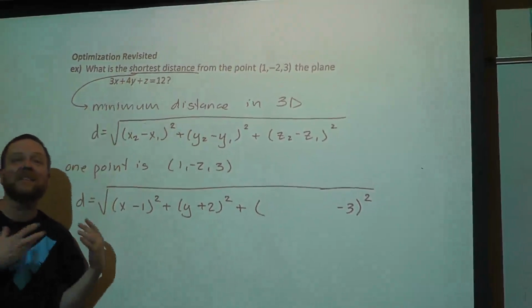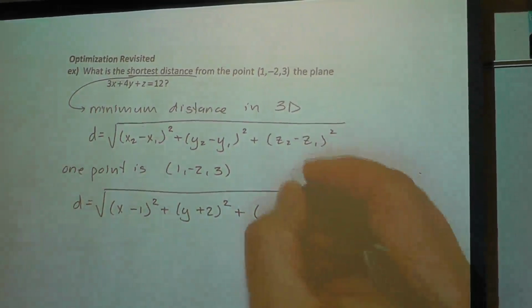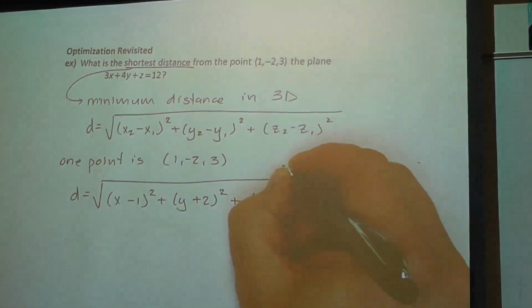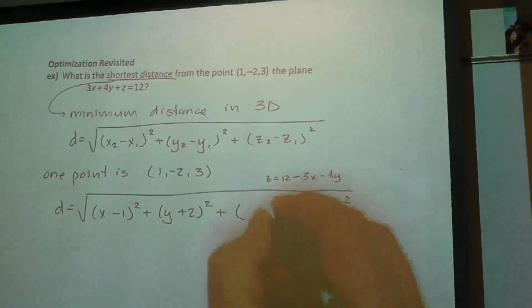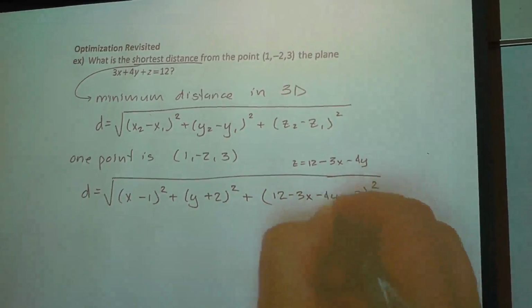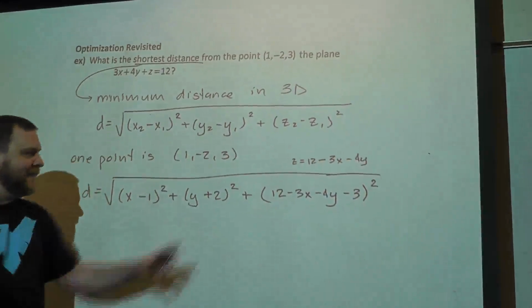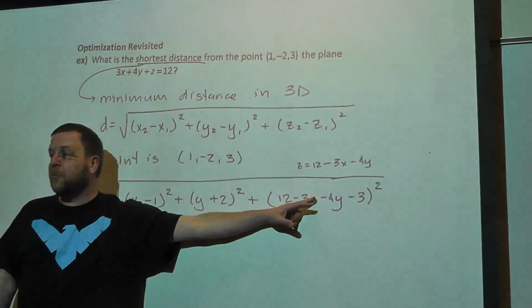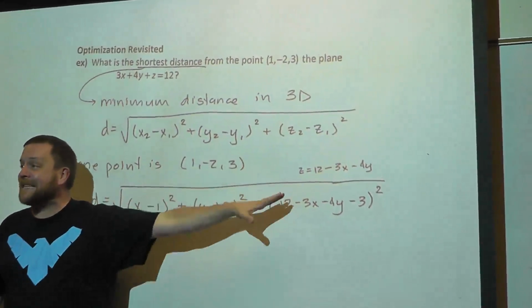So you actually have to tie in the plane's equation into this mix in some way, shape, or form. Let me make sure you're aware of this. In this equation here, x and y represent a point on the plane. So therefore, that forces any other use of x and y to be the same x and y in that